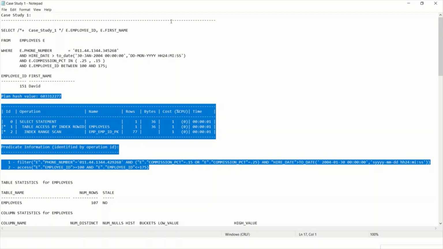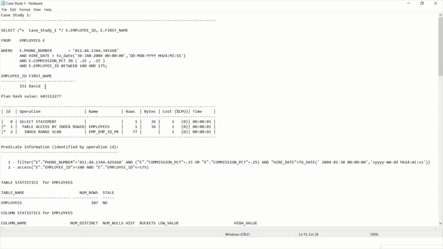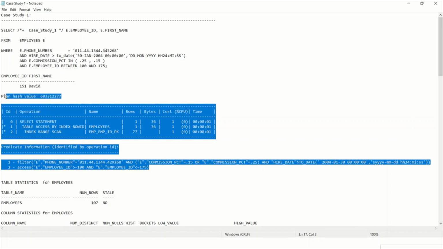Looking at this execution plan, do you see expected rows 77, right? I am expecting only one row out of the select query. However, Oracle is using an index and it is scanning 77 rows. So this tells me that Oracle is not actually executing the query in a faster way. This is an employees table. It has got only 107 rows, so in this case it may run fast. But in this case study, I am expecting only one row, while after scanning, Oracle is expecting 77 rows out